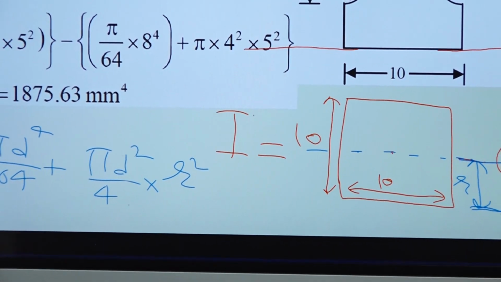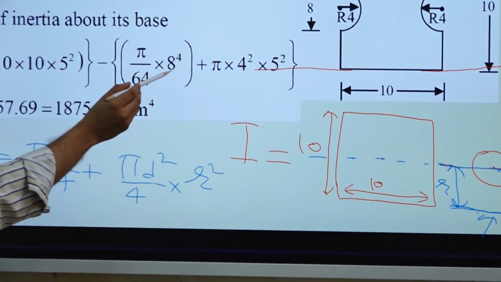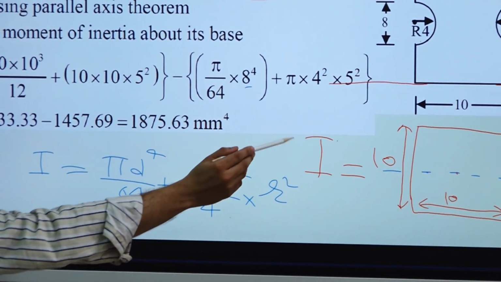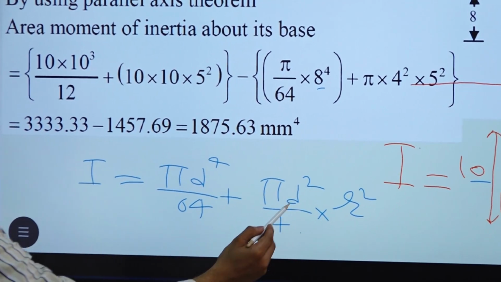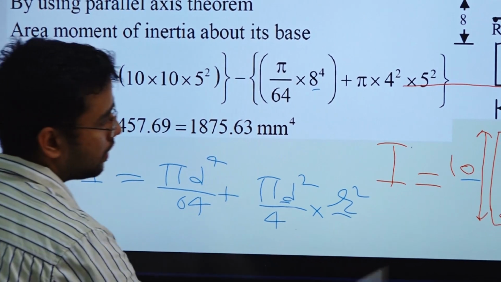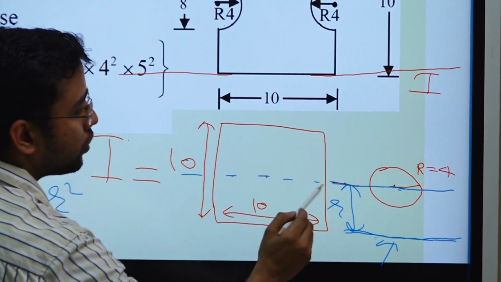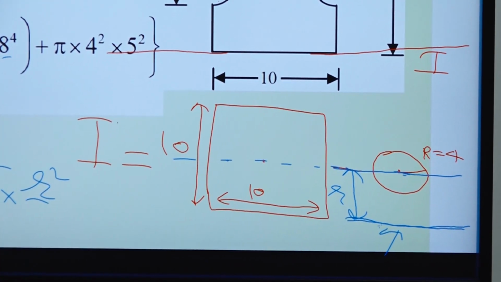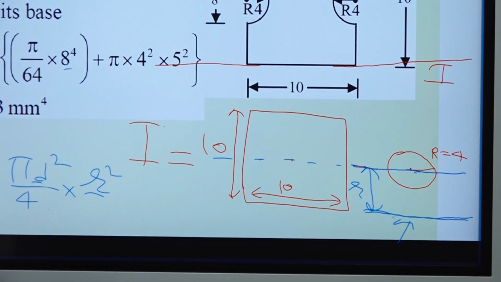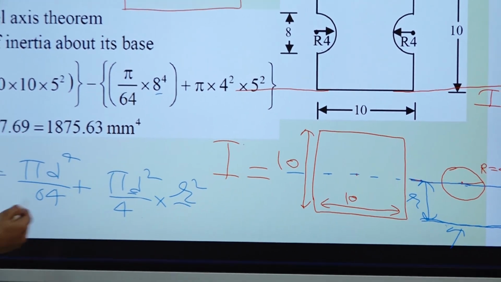Okay. So what is d? d is equal to 8, that is the diameter of the circle. So d we will put 8, and what is r? r is the distance from this centroidal axis to the base axis, so r is equal to 5. Okay. So after putting all the values,